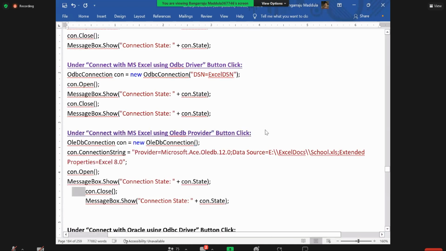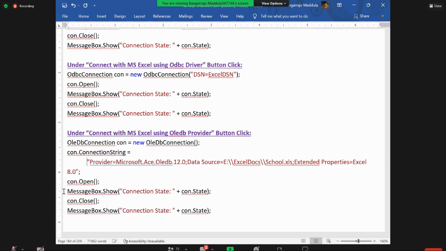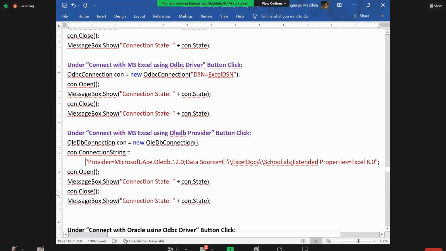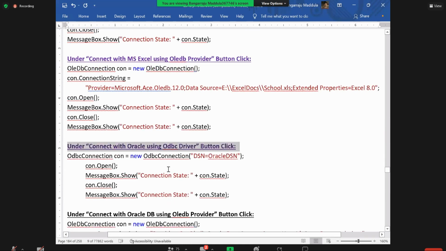Otherwise, what you can use is only ODBC and OLEDB providers. Framework providers come into action only for Oracle and SQL, not for other things. So all the three options we have discussed, and finally we stopped with execution of the